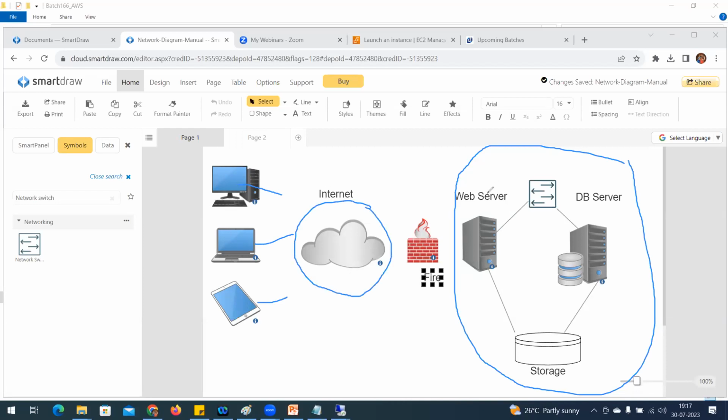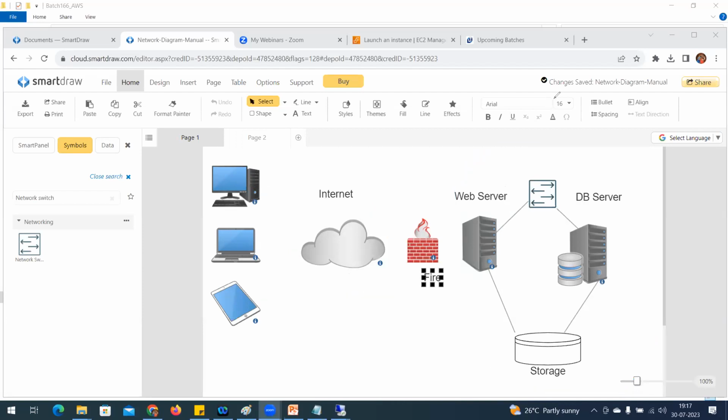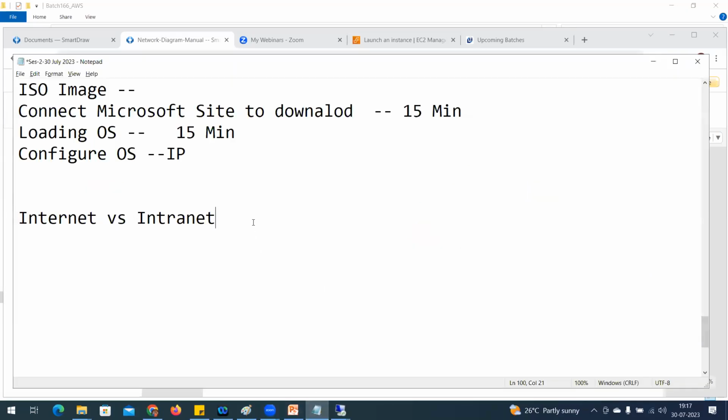The web server's web page is accessible over the internet. And if they access the same web page only within this local network, that is intranet. Okay, any doubt on this? So this is the first concept we need to understand, internet versus intranet.